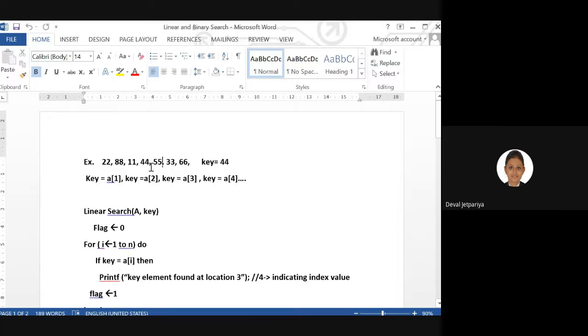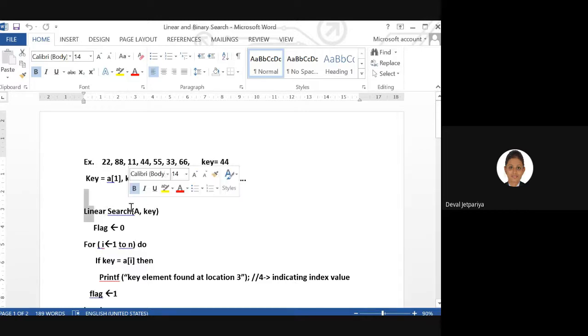And if it is not there at this location, we again do i plus plus. If we reach the last index and still we are not getting a match, then we simply print that the key element is not there. Otherwise, we print that it is there at the given location.